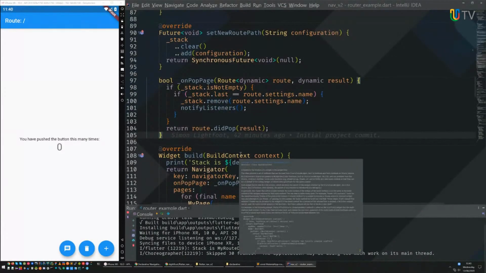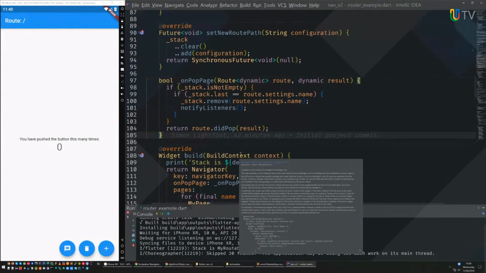And then our on pop page, which again is from the navigator, basically says, is our stack not empty? Is the last one on the stack the current one we're trying to pop? If it is, remove it from the stack and notify the listeners.